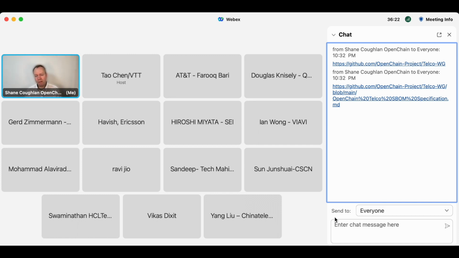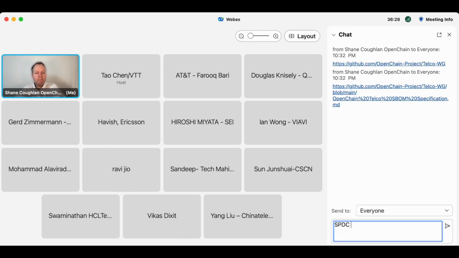There are options such as something called SPDX Lite. I'll just type the name into this field. SPDX Lite was created by the OpenChain Japan workgroup.